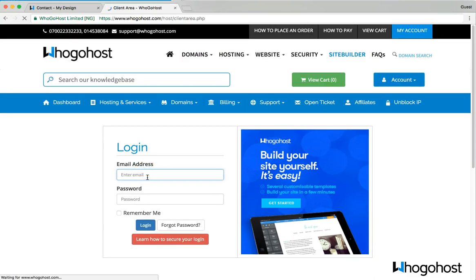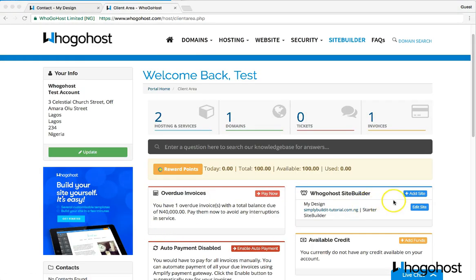So I'll just enter my email and password. And then I'll click on Edit Site to access the